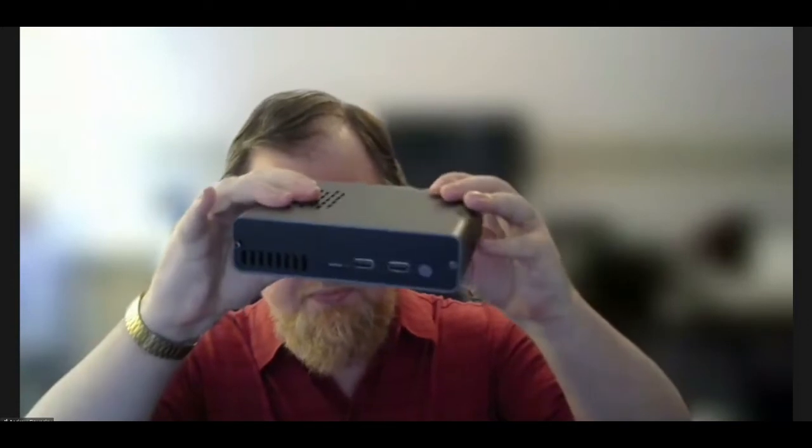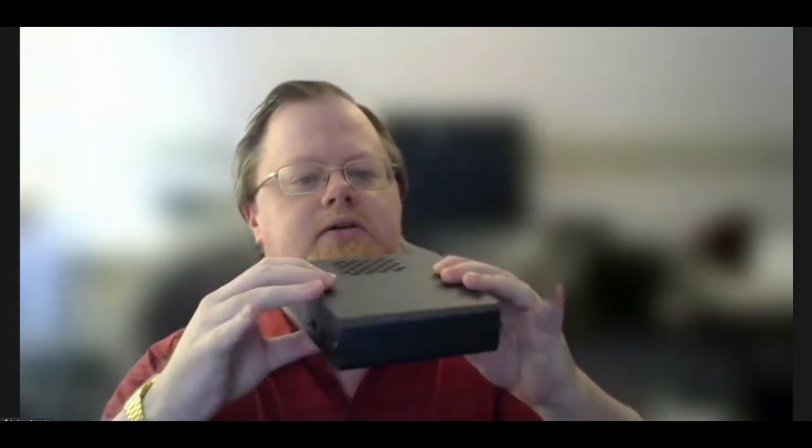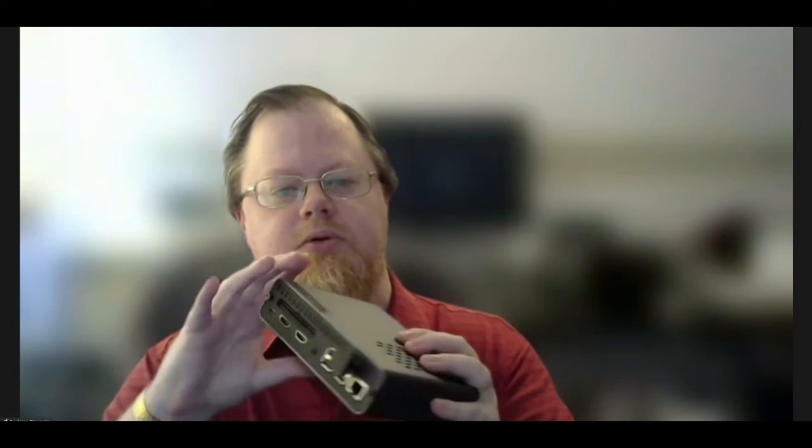But what I've got here is a Forte 2. Hopefully you can see that if I flip it round slowly. We're going out of focus, so there we are. Some of the rear ports. Forte 2 launched in January. Due to difficulties getting hold of parts for the original Forte, we moved over to Forte 2, which uses a